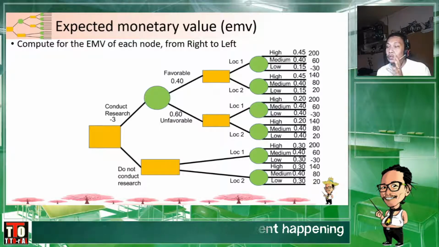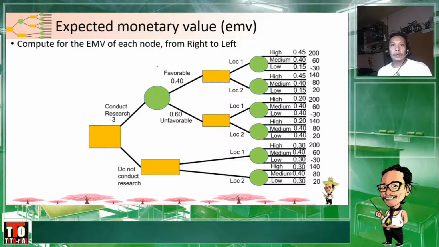So, when we check our decision tree, kompleto na tayo. Yung mga payoffs natin, so ito yung forecasted sales natin, and then yung probability of an event happening. So, kompleto na yung kailangan natin for the EMV. So, kailangan na lang natin computing yung EMV para sa ating decision tree. Okay? So, how do we compute the EMV? So, sundan nyo na lang ako.